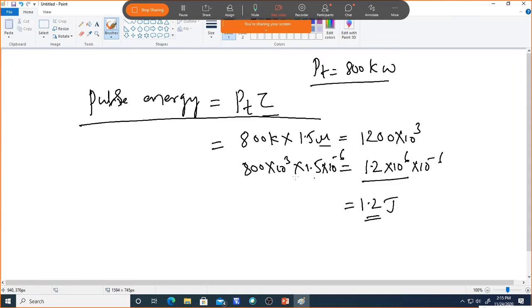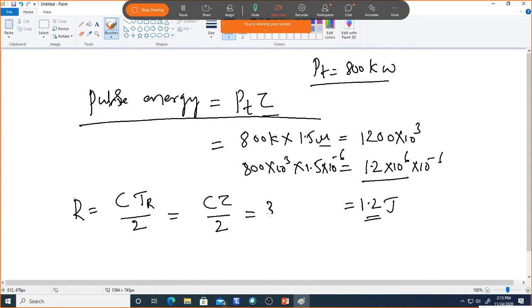So we can calculate by using this one. The distance separation will be given by C into TR by 2, where this is the pulse width which is given, or we can write it as C tau by 2 also. So that gives the range at which we can separate the two targets so that we are able to detect both the targets.